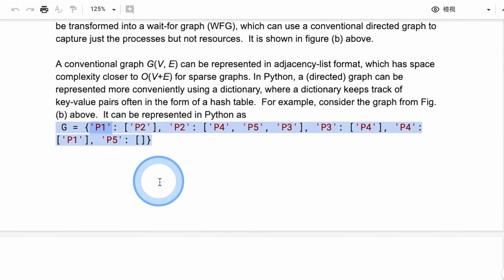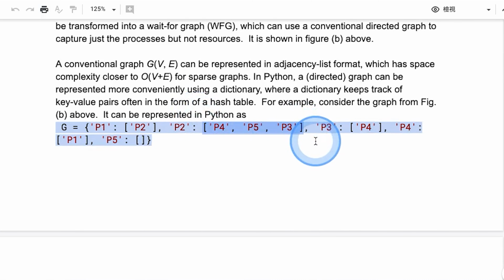An adjacency list means it's a list of neighbors. So from P1, its only neighbor is P2. And from P2, it has 3 neighbors, so 3 edges: P2 goes to P4, P2 goes to P5, P2 goes to P3. That's how you interpret this adjacency list.